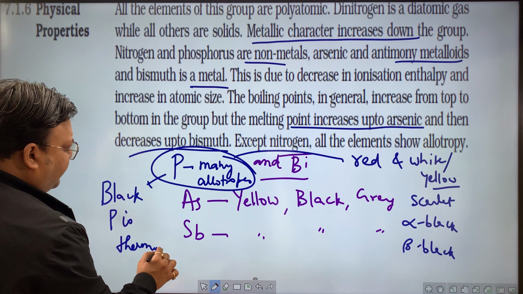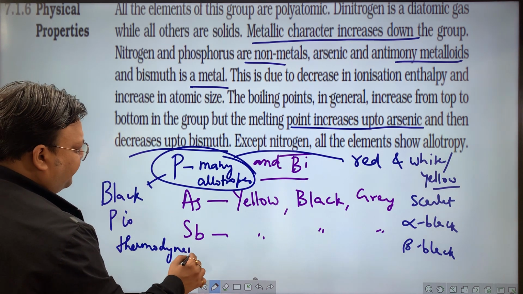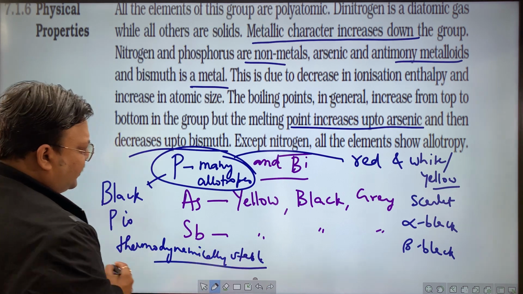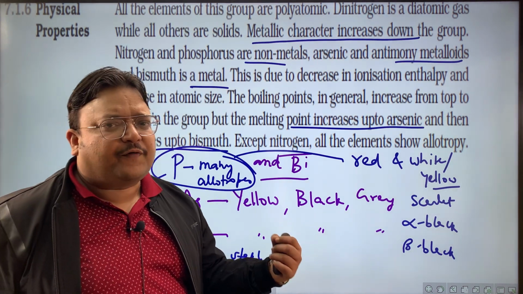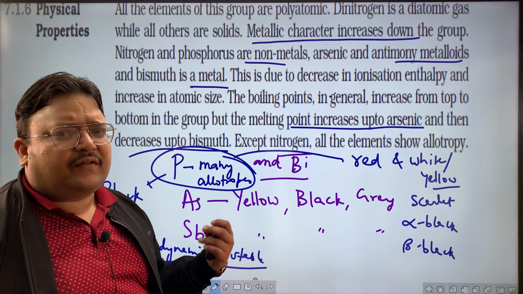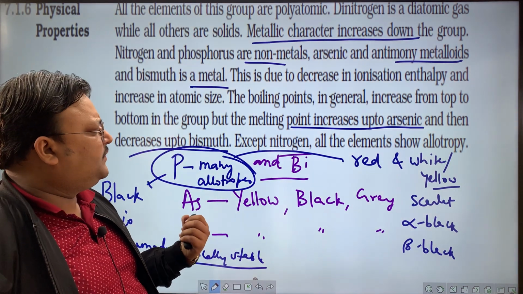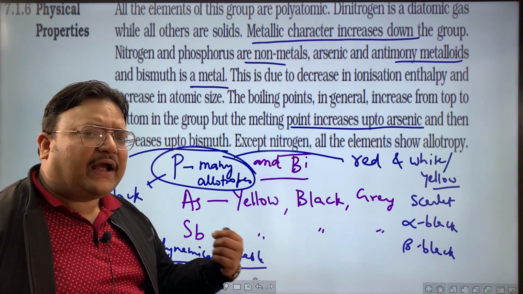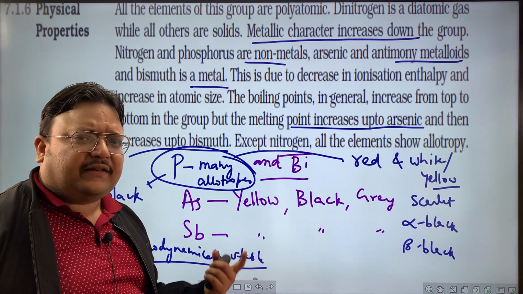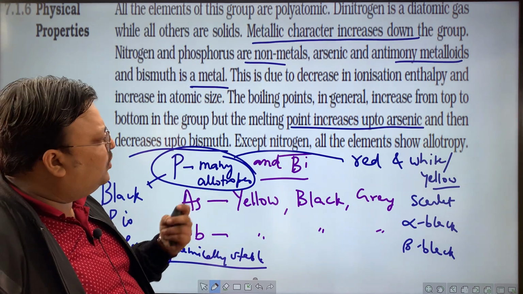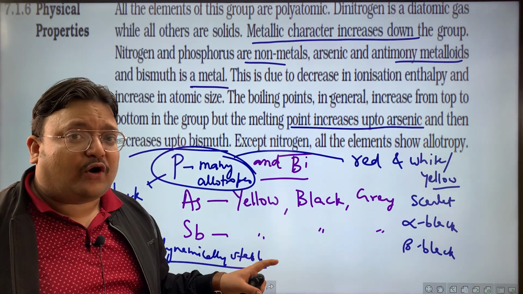Again, this might be required. We might see this later in maybe the NCERT text only. But out of all the allotropes, black phosphorus is the most stable. Nitrogen is a gas because of its proclivity of forming a triple bond. We'll check that out. Arsenic, antimony: YBG, yellow, black, gray are the allotropic forms. We'll take up allotropes of phosphorus in more detail, and naturally bismuth does not form allotropes.